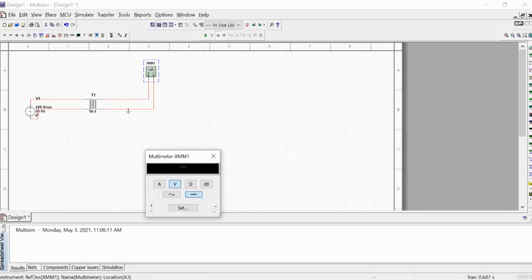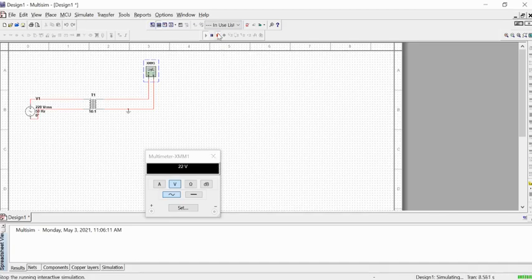Now I just want to check the voltage after the transformer, which will give me AC voltage. So that's why I'm setting this multimeter on AC voltage, so it will now give me only AC volts, not DC. When I run this, you can see I'm getting 20 volts at the output. With that you can change the AC voltage by making a step up or step down, like we are using a simple transformer in our real life.